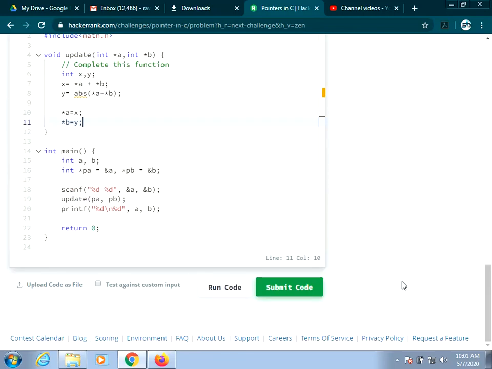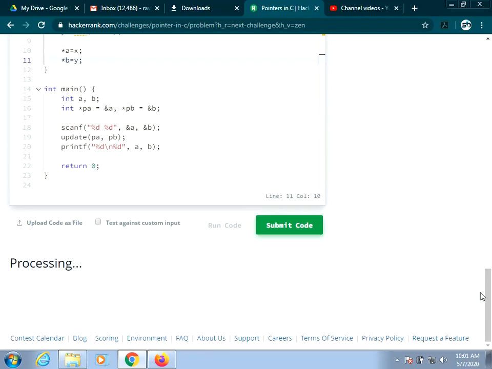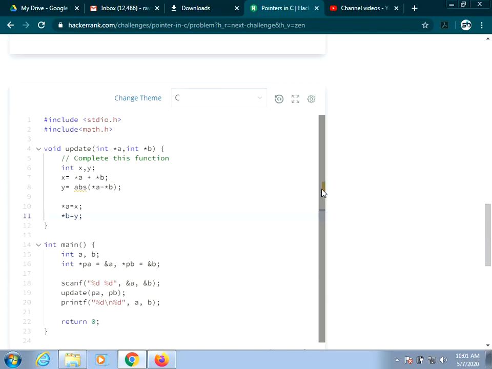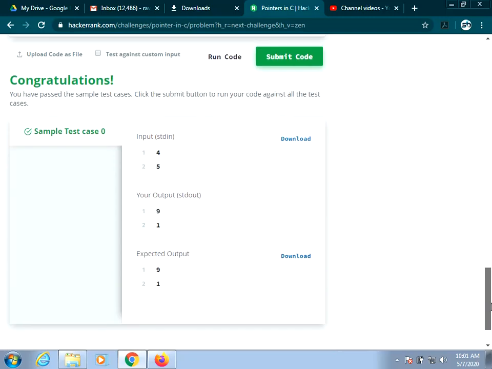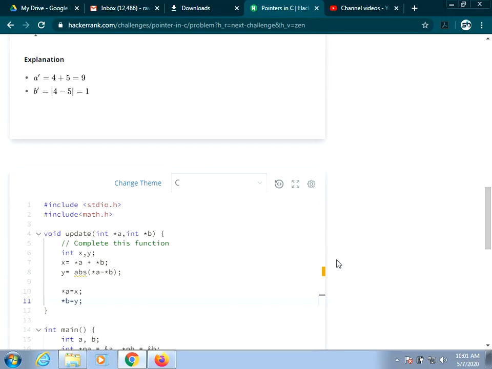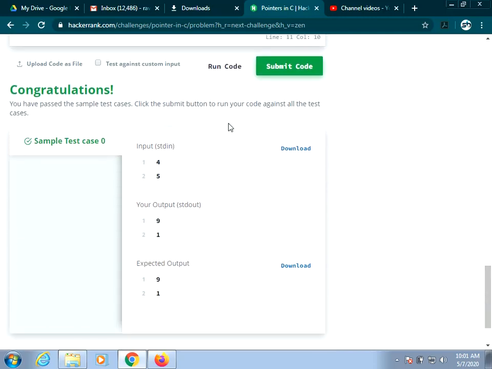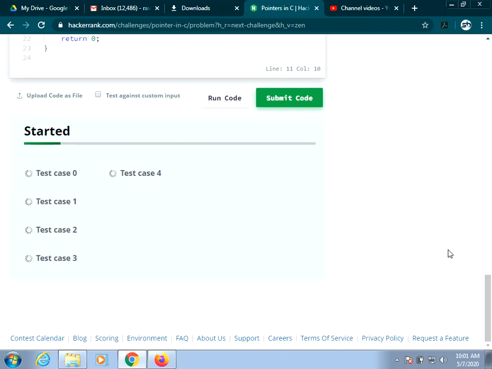I will try to compile it and see. If you look at the right hand side, we'll be getting colors. If it is a yellow line, you can think that those are warnings in your compilation, and if you are getting any red lines, that means you have written some error. Make sure you correct all those errors before running the code. So I have run the code. This is a simple warning. The sample test case is fine. I will submit the code and see,